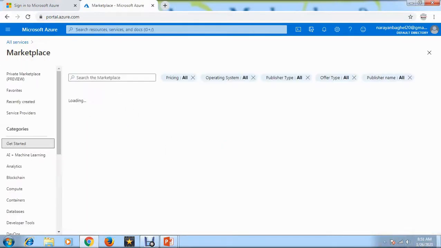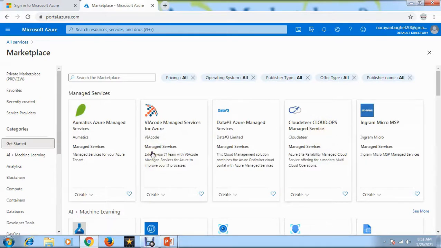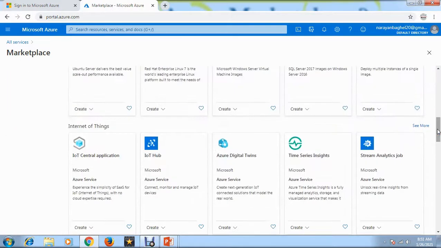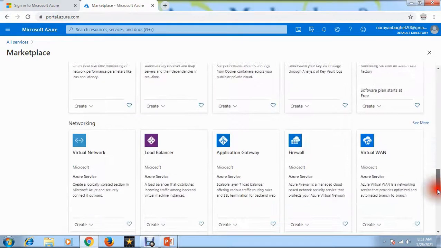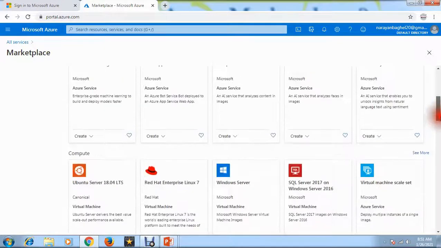You can find lots of things here. These are the managed services, and these are the partners, and they have listed their products here. If you need anything, you can purchase it and you can use it.